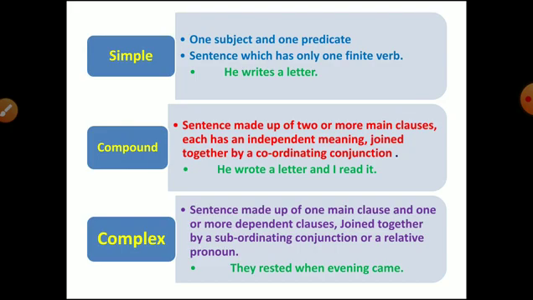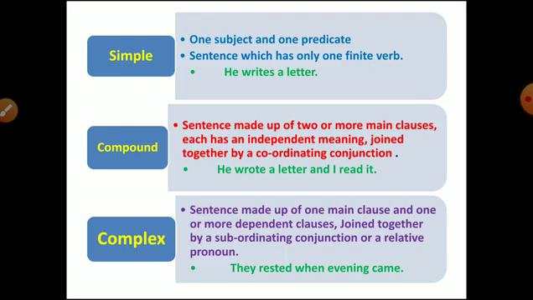This coordinating conjunction is very important. I'm going to tell you in detail what these coordinating conjunctions are, because they are very helpful. They help us to coordinate or connect two independent clauses. For example: He wrote a letter and I read it. He wrote a letter. This is a clause, and this is a main clause because it has a subject and predicate, and it gives complete meaning. Then, I read it. Subject and predicate. So both these clauses can stand independently, and this 'and' connects these two.